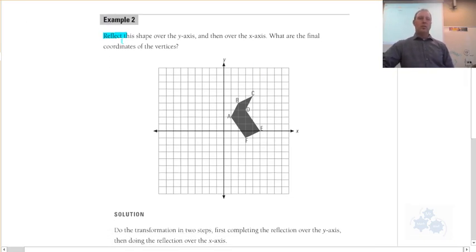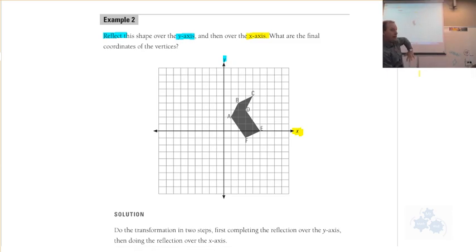So this one has multiple reflections now. Okay, so this one says reflect the shape over the y-axis. There's the y-axis. And then over the x-axis, and here's the x-axis, of course. So we're going to flip it, okay? We're going to flip that this way, and then we're going to flip it this way, all right? So we're going to flip it this way around the x-axis, and then we're going to flip it this way around the